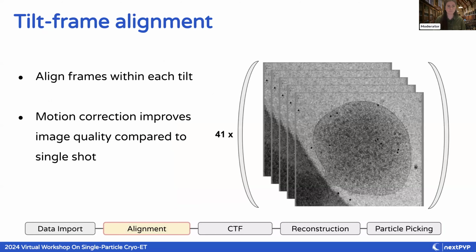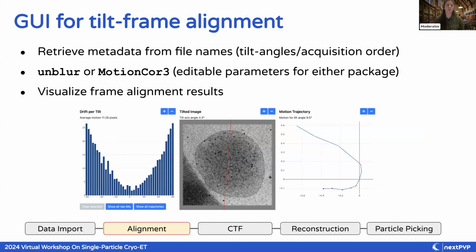So the first step in our pre-processing block is tilt frame alignment. Frame alignment is when you're taking multiple images at each tilt and you need to align those frames. It helps you to get a better image than if you only have one image taken at each tilt. But this can take a lot of time. If you say you take 5 images per tilt and you've got to align all those 41 times for 41 tilts in a series. But we do this and we have a nice graphical user interface for visualizing the results